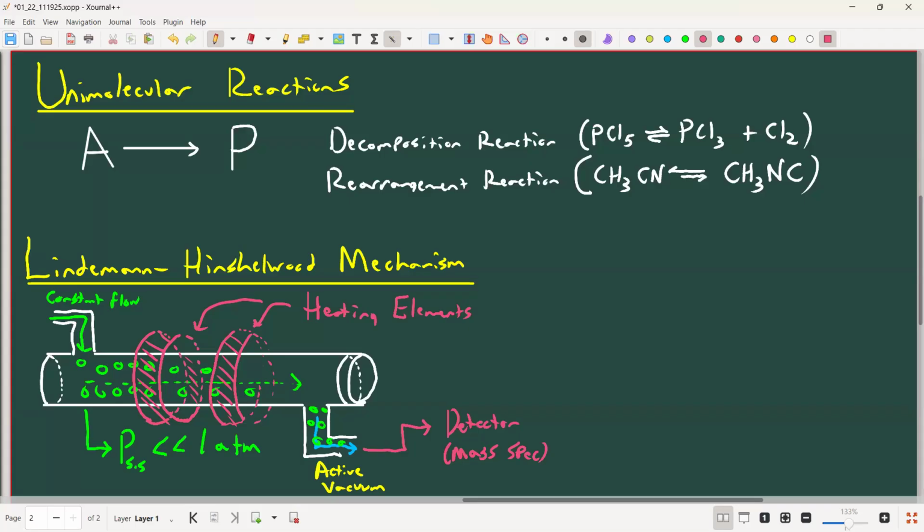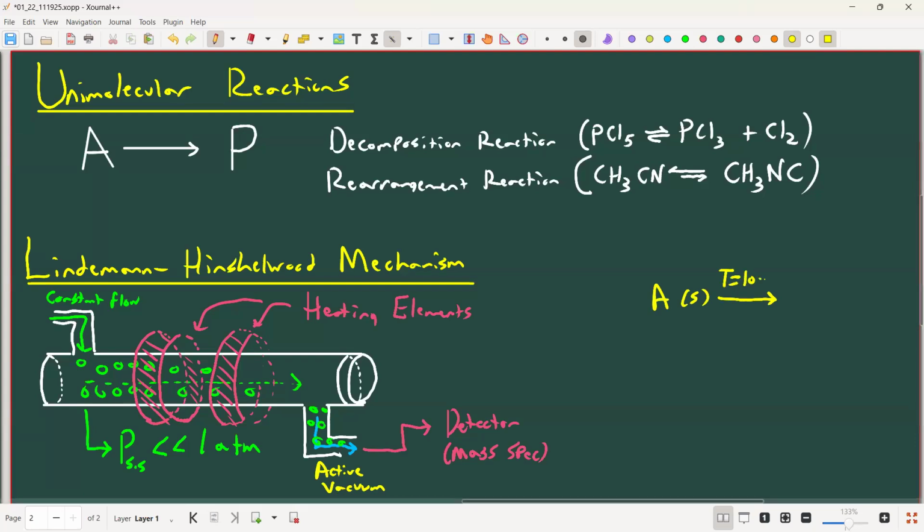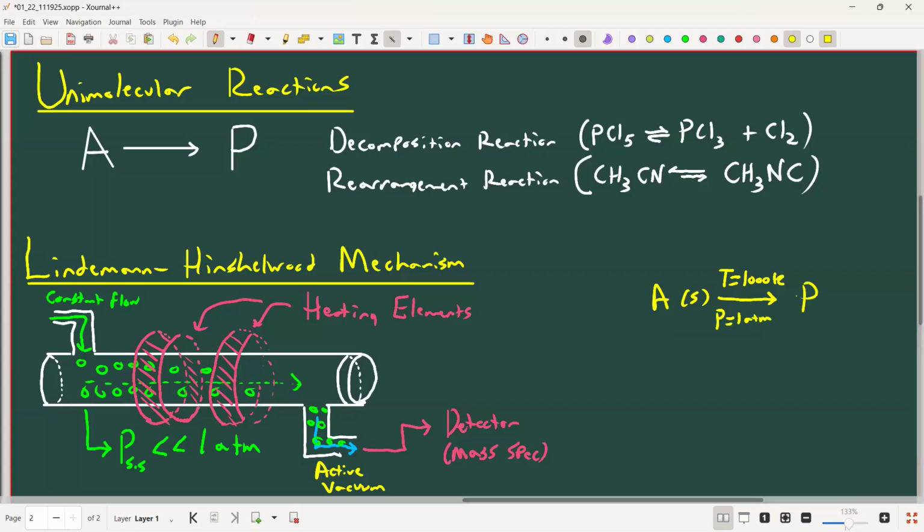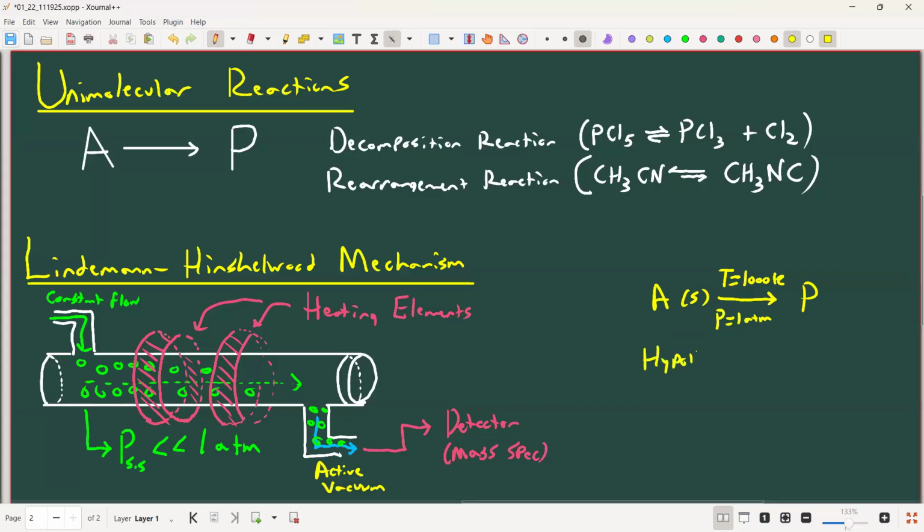And he says, okay, well, when he does the high density measurement, when he takes a liquid or a solid and heats it, and he sets the temperature to 1,000 Kelvin, and this is high density, so we're saying the density is on a molar scale. High density, and pressure equals 1 atmosphere, he sees that it converts to P. So he says, okay, so the hypothesis is